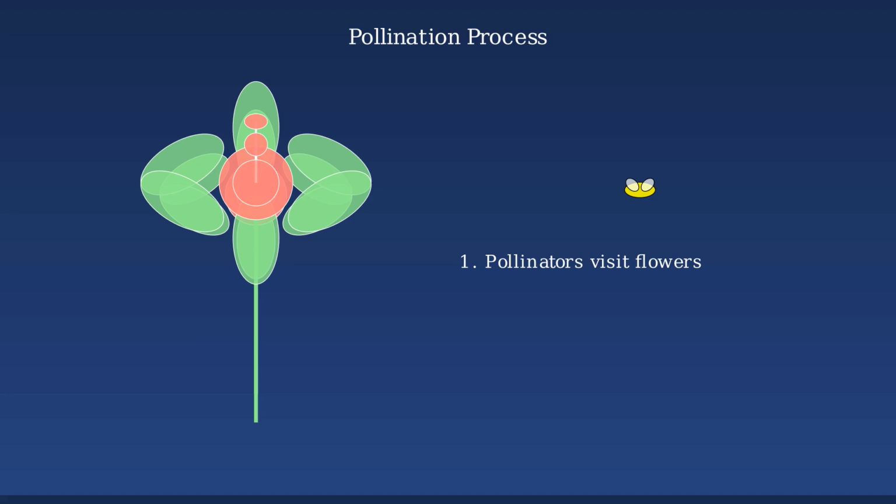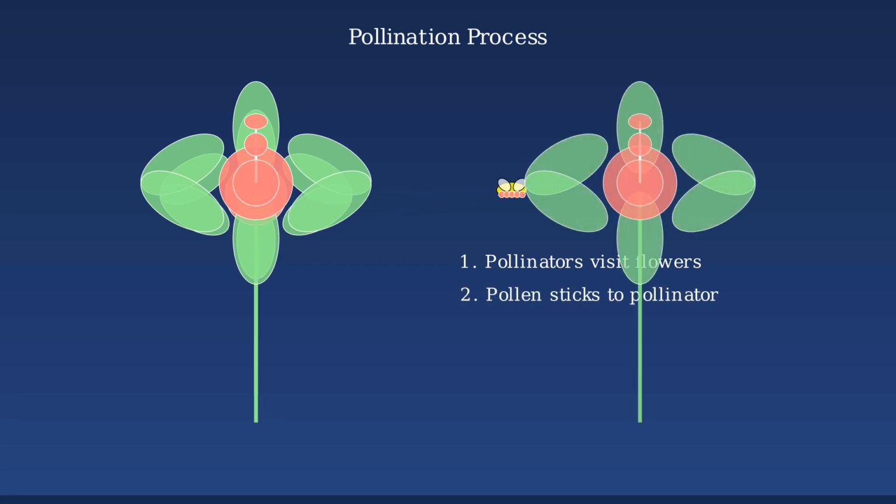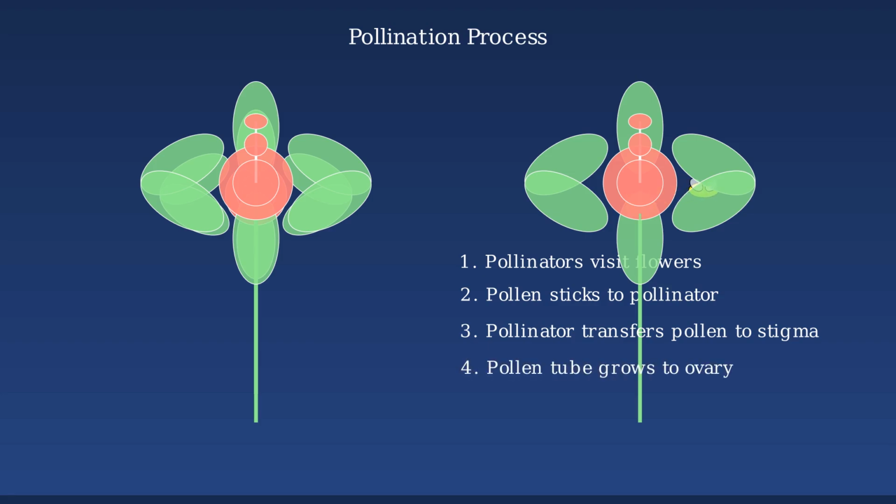Many flowering plants rely on pollinators like bees. When a bee visits a flower, pollen from the anthers sticks to its body. The bee then visits another flower, transferring the pollen to its stigma. This is called cross-pollination. After landing on the stigma, the pollen grain grows a tube down through the style to